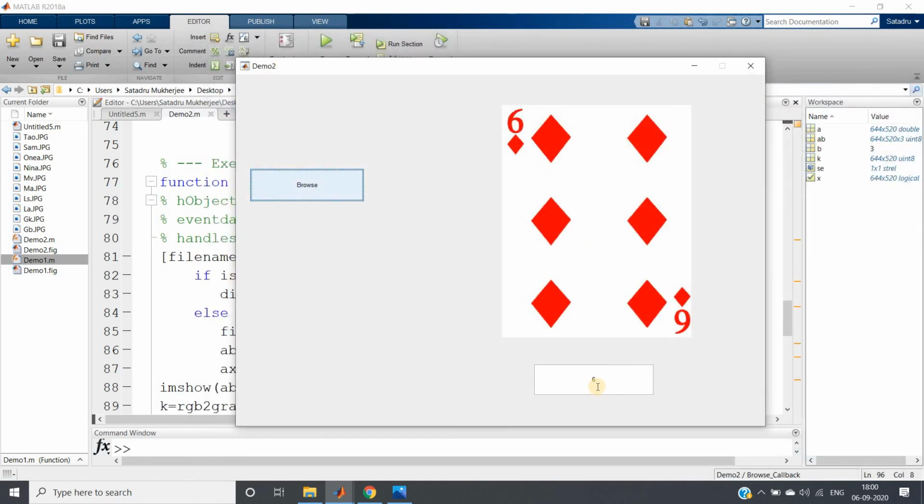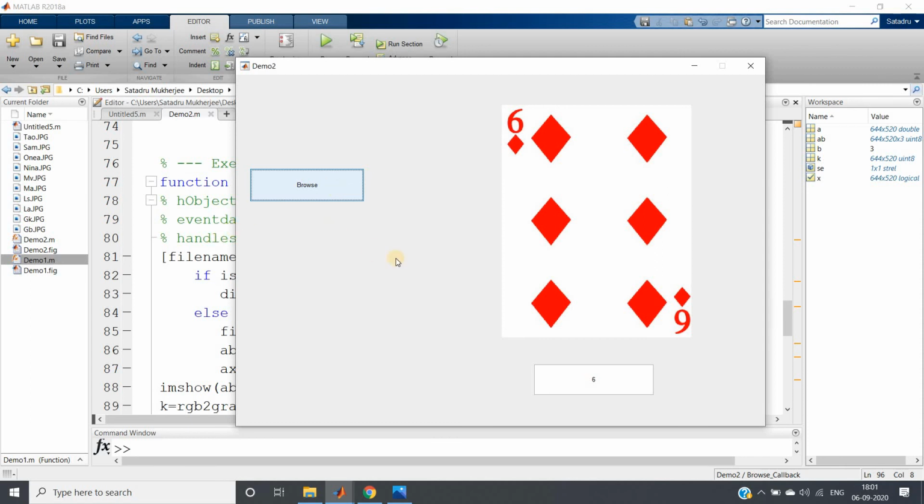Like this, you can create a GUI simply using your image processing project. If you create one more GUI, then it will increase the level of your project. That's why I thought to show you, and the idea is very simple. You just need to practice a bit from the MathWorks documentation and you will get habituated with this. Just some important things like push button, axis, and edit text.